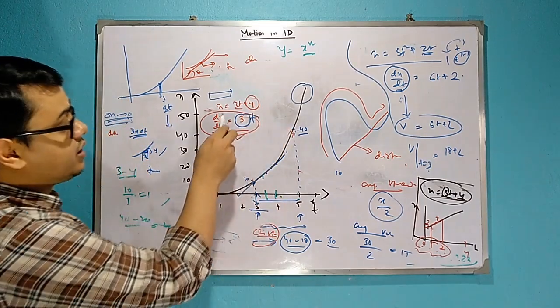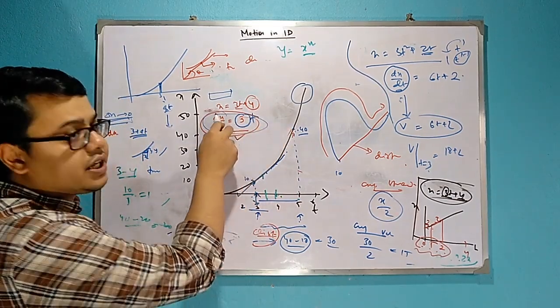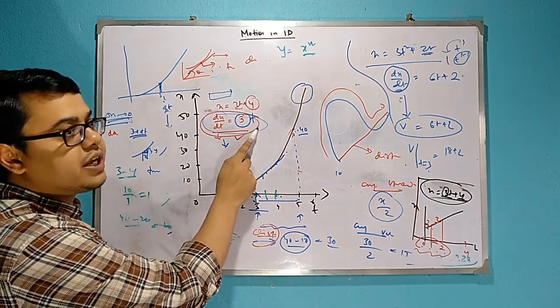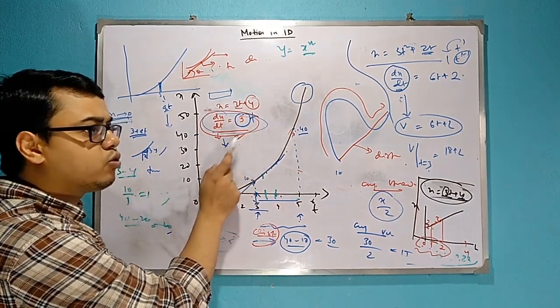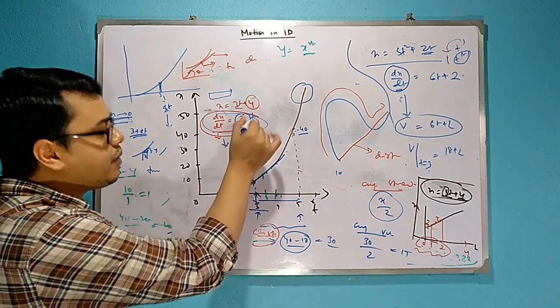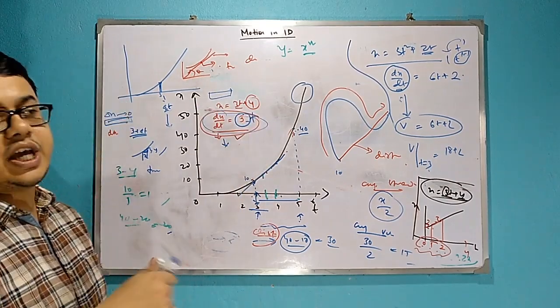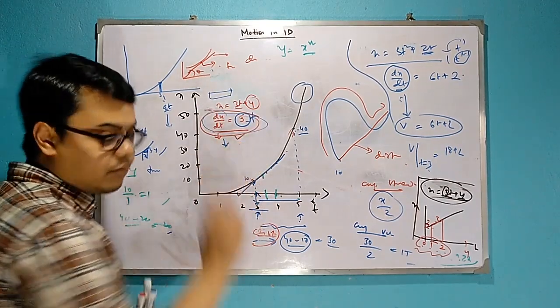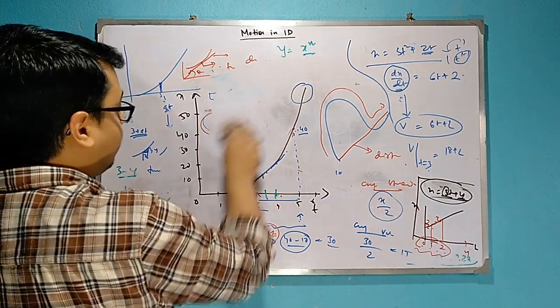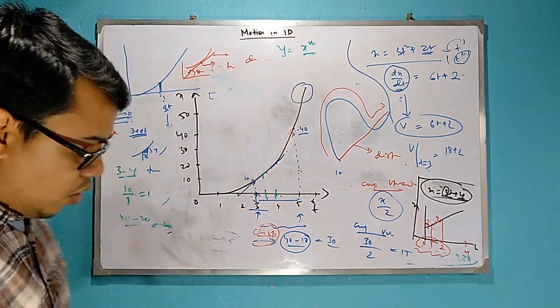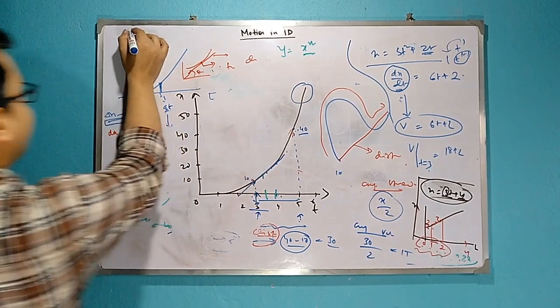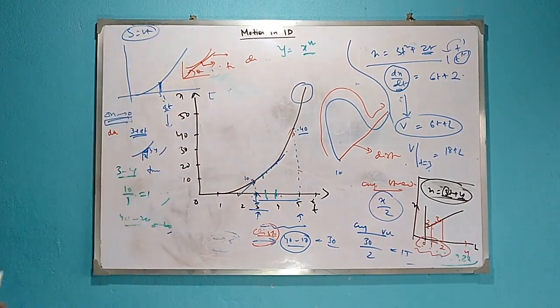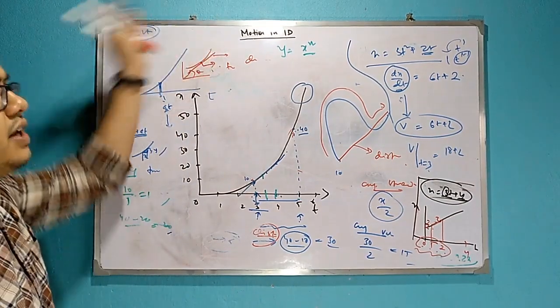That means the instantaneous velocity does not depend upon t. If you put t equal to 1, 2, 3, 4, 5, anything, it will remain as 3. That means it doesn't change along the time. That means it is a uniform motion. Okay. So what I told earlier, that the S is equal to Vt formula is applicable only when a particle is in uniform motion.